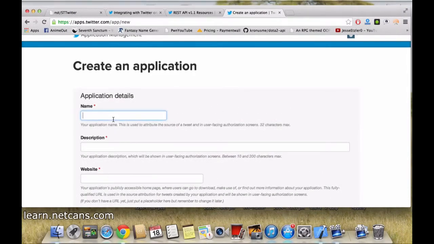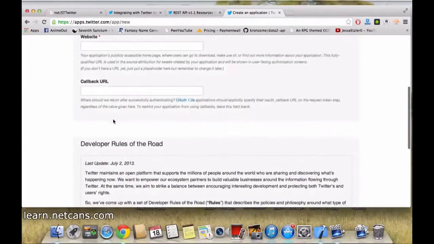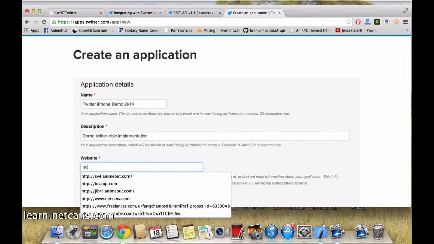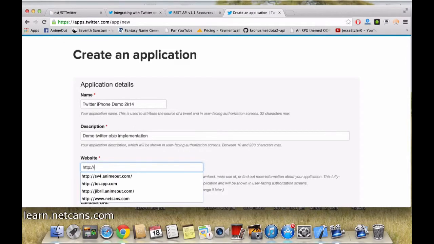For this tutorial, the name, description, website, and callback, you can just use anything you want. The website field doesn't have to be the actual website. You can just put any placeholder here.